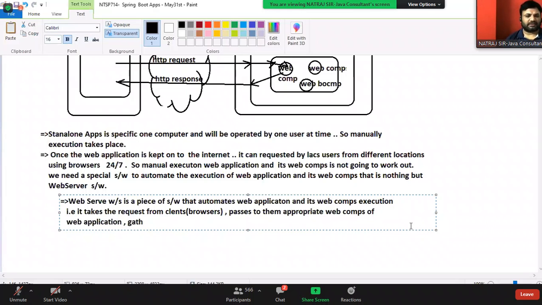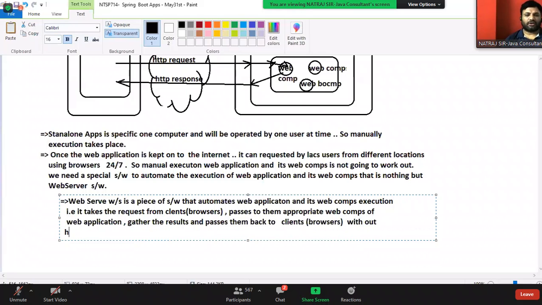Next, it gathers the results and passes them back to clients, nothing but browsers,